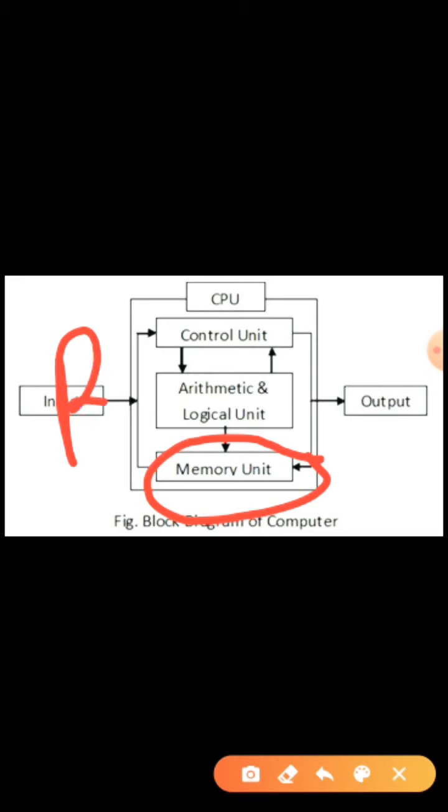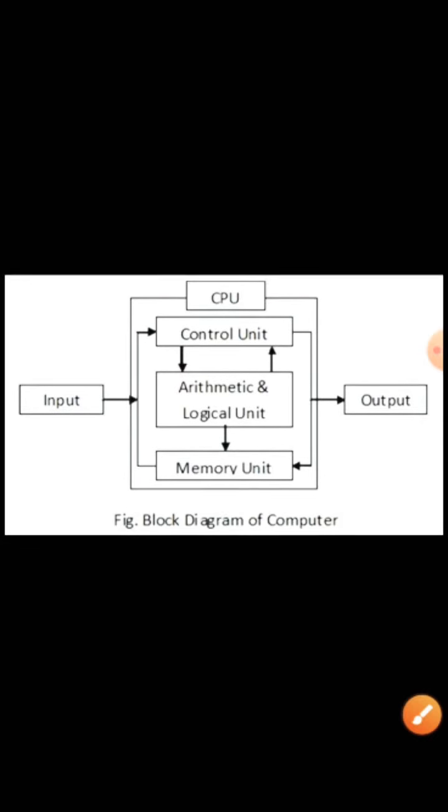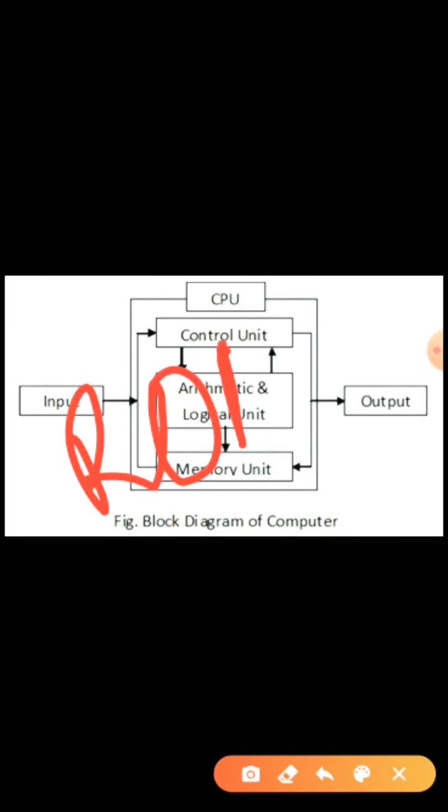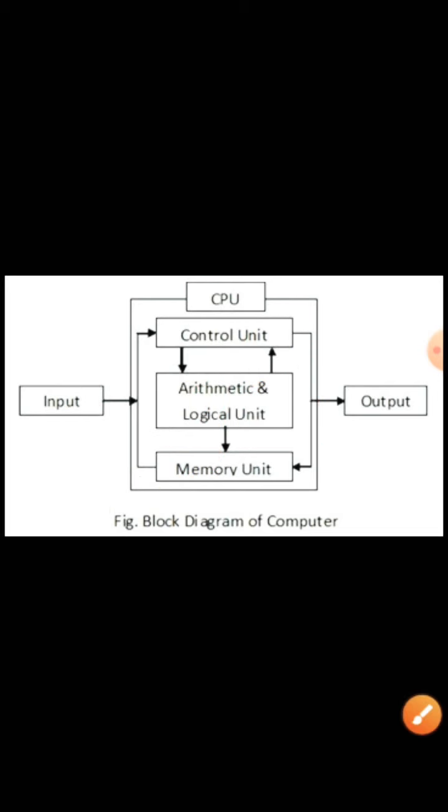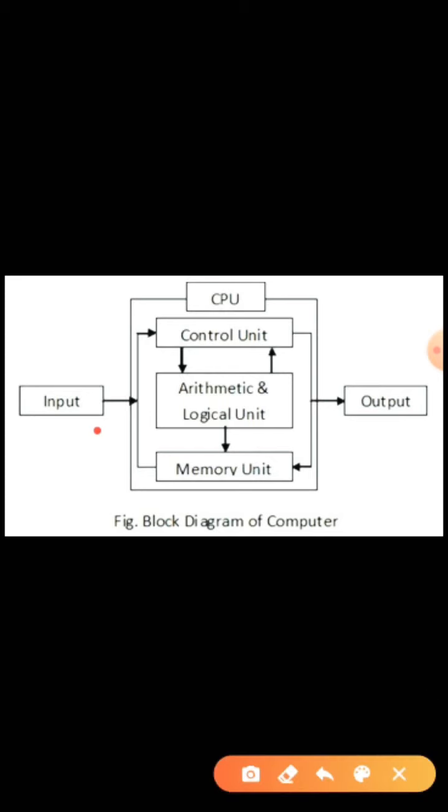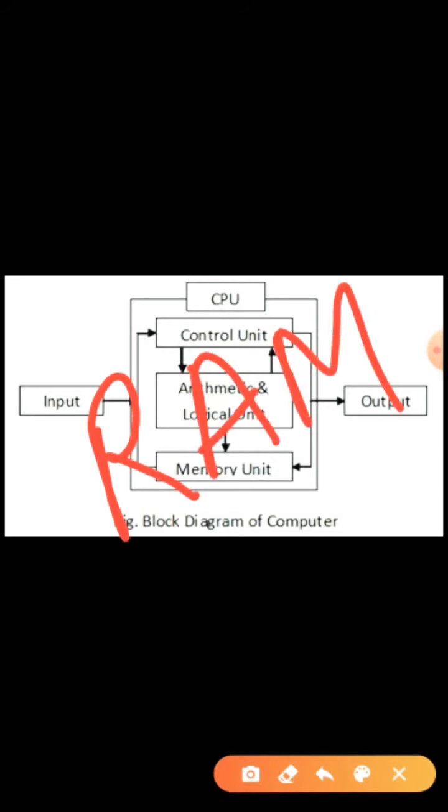RAM, as we know, is random access memory, and ROM is read only memory. In RAM we can read and write, but in ROM we can read only. RAM, random access memory, is the read write memory, but it is a